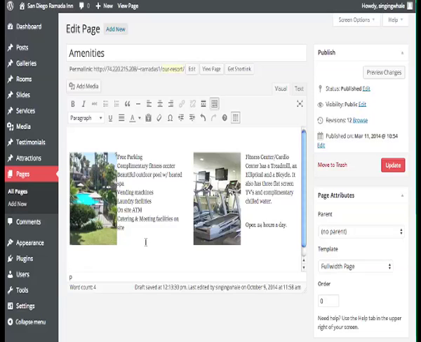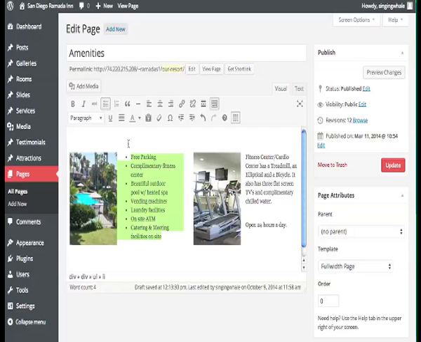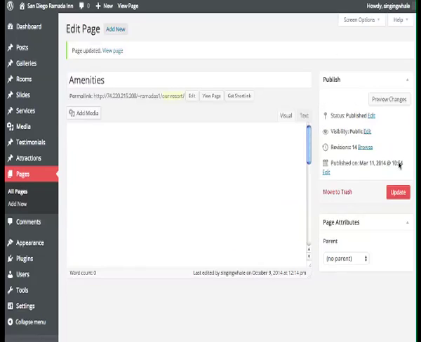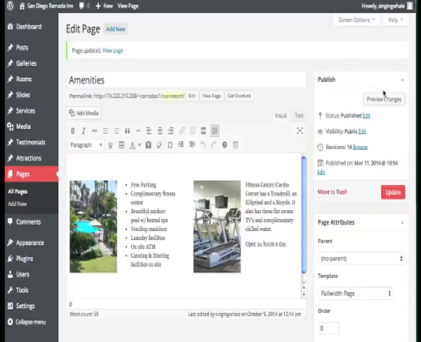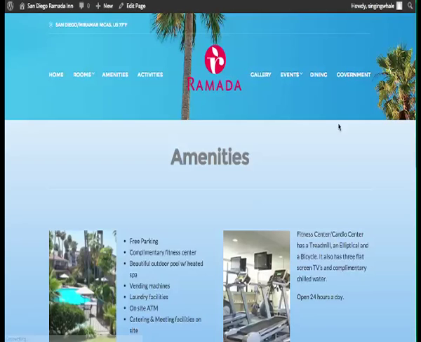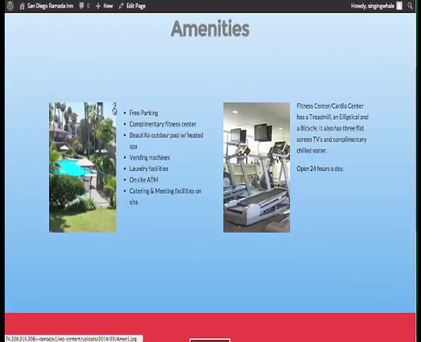Now we're almost done here, but these are bulleted, so let me bullet these particular items. Bulleted, and I'm going to update. And here you can see what it looks like live. You can see we have the bulleted next to this image and a description